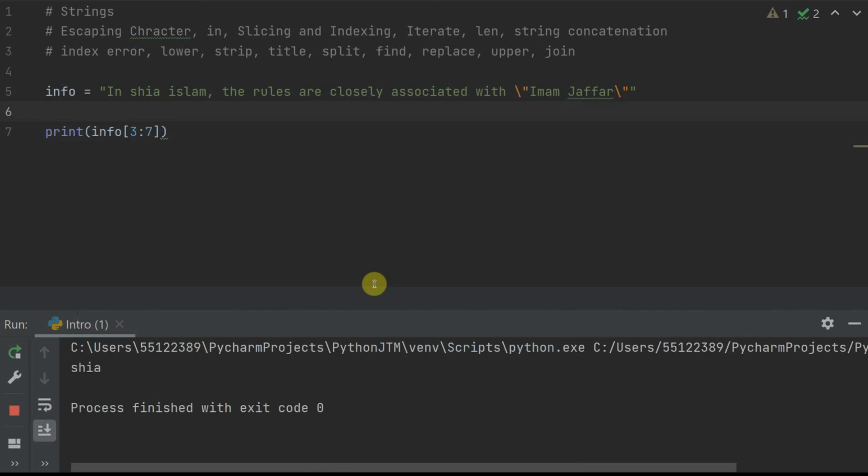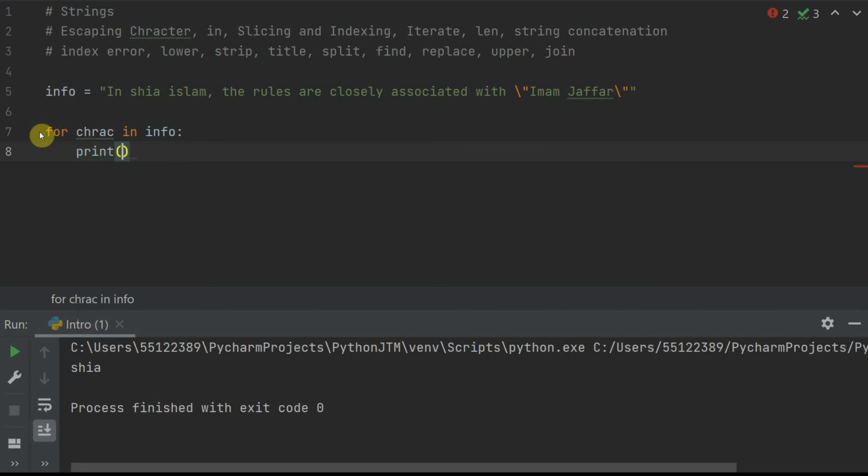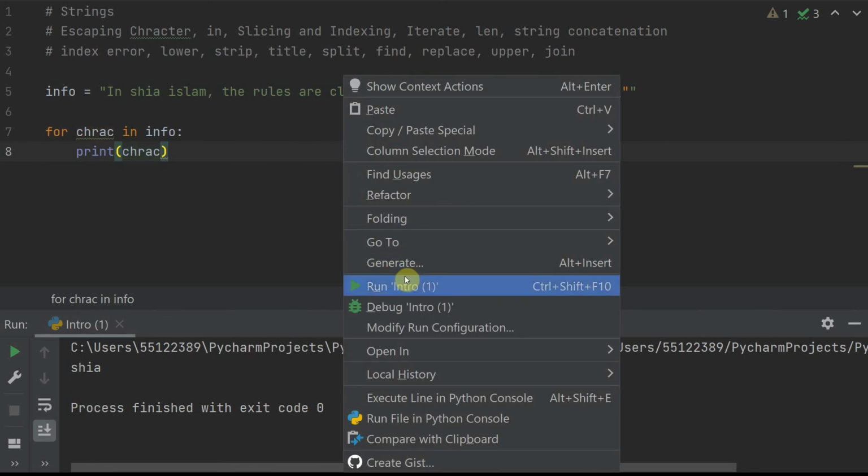Since we have talked about all of this, that's why I'm going quicker. If you want to go in detail, please refer back to the videos. I can actually iterate through all of this text as well, which is quite interesting. Let's say, again, we have done the for loop, so I'll just say for word, or maybe character, just to make it more realistic, for character in info, print character, right? If I do that and print it out, let's see what it prints.